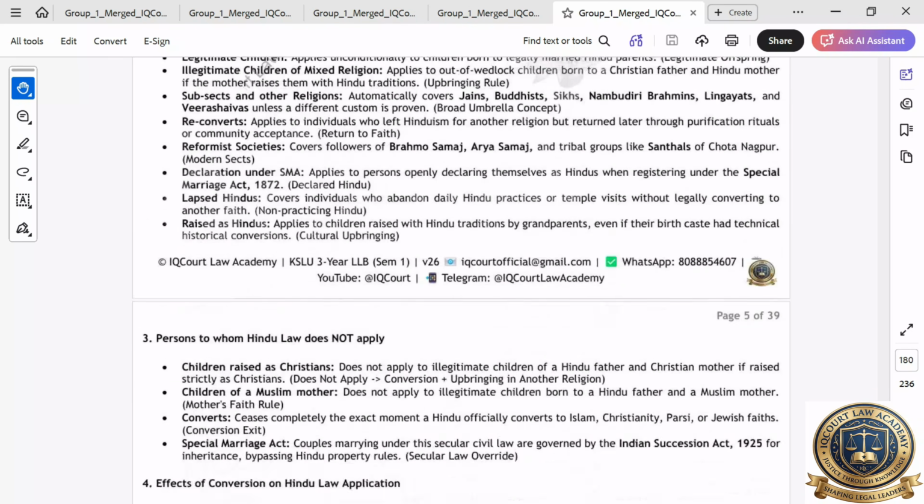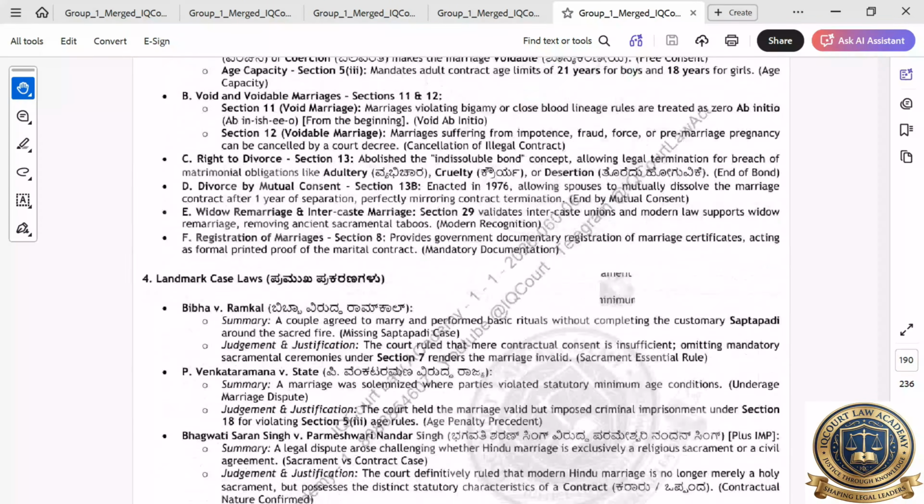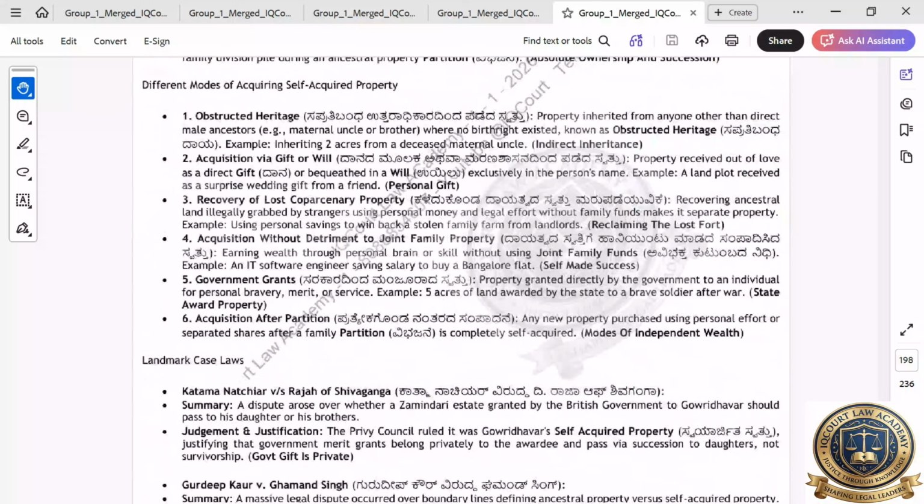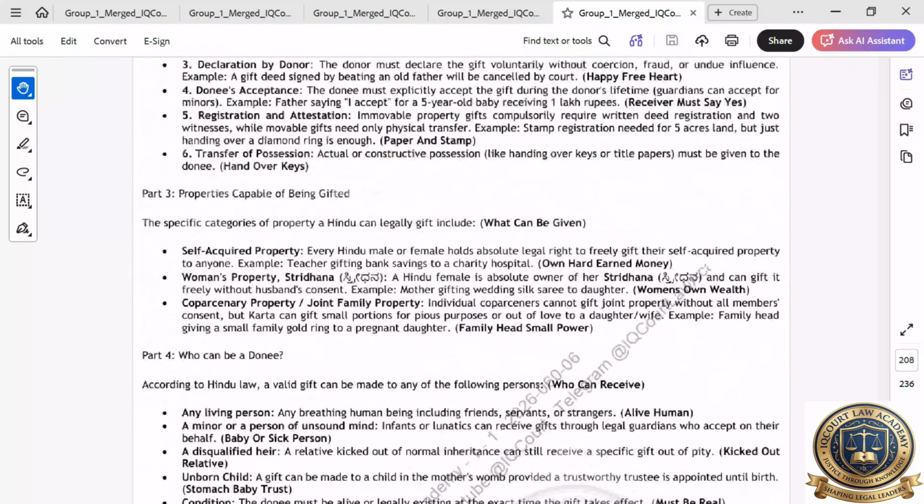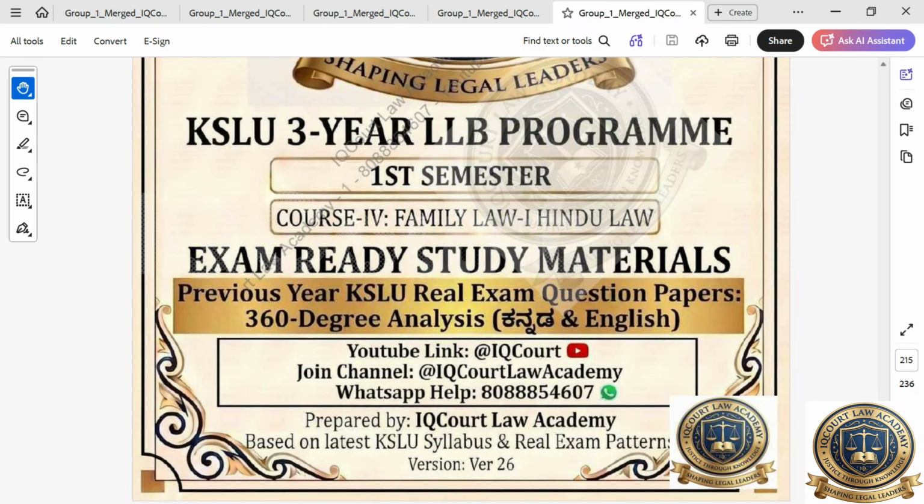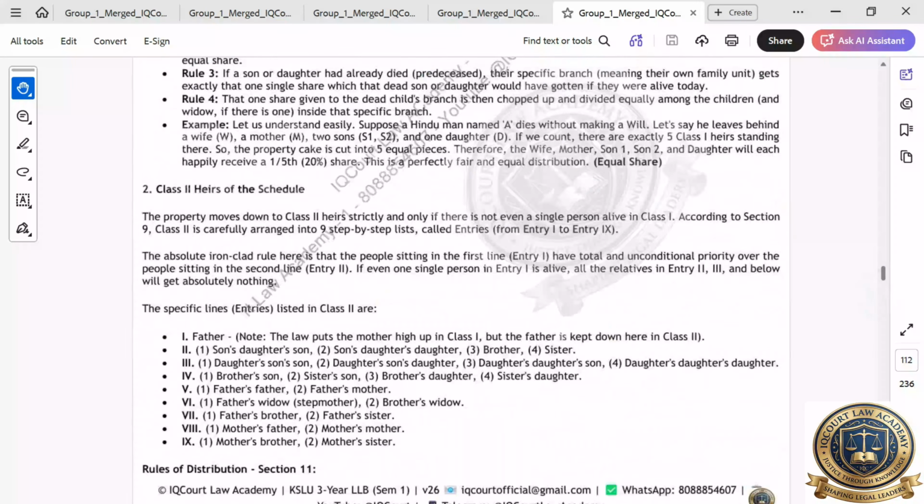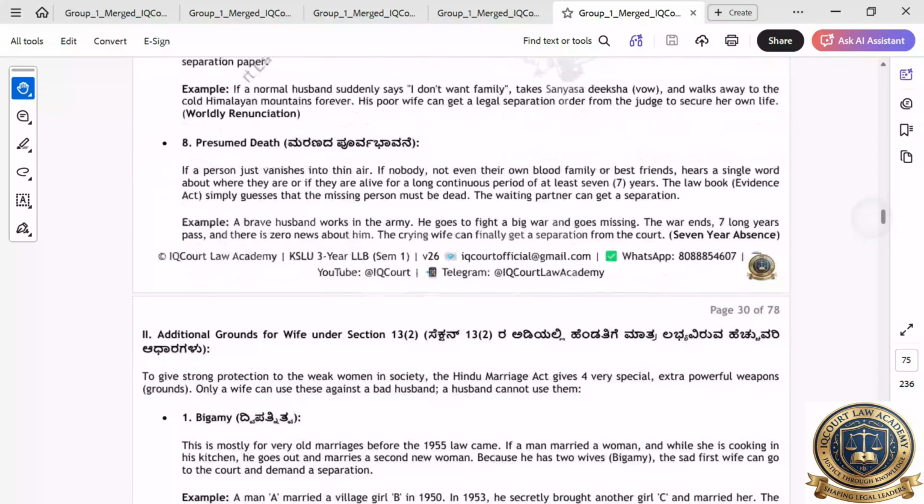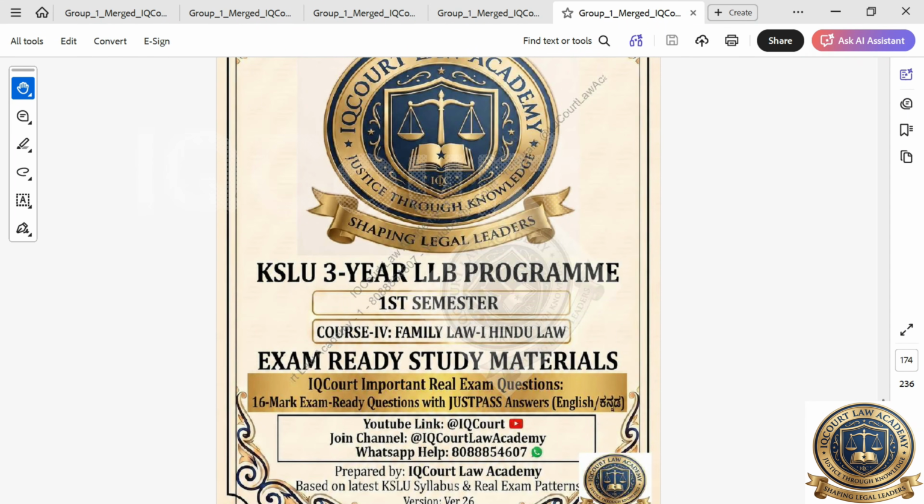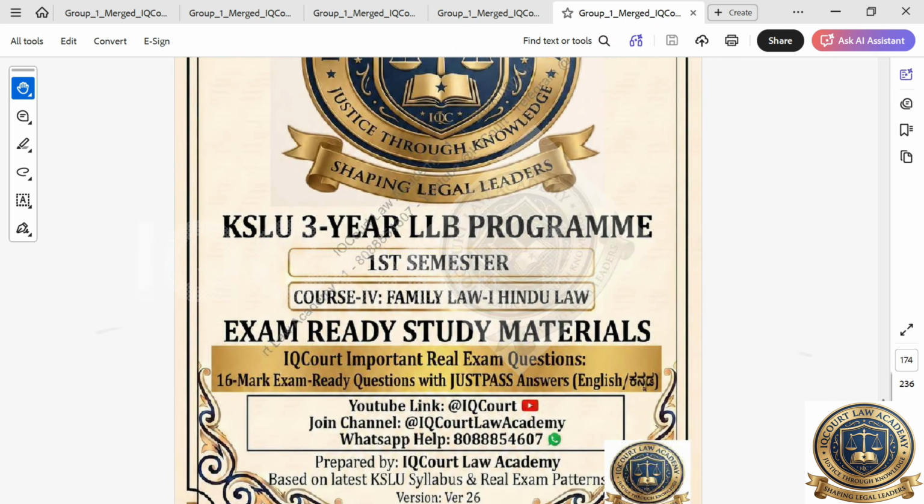Okay, this is the way we are providing all the study materials to our students to help them score good marks. All our students should become university toppers, college toppers, and score good marks in their exam. That is the main intention. We are providing the study materials to all our IQCourt Law Academy students. We are proud to announce that we have already provided to all our IQCourt Law Academy students